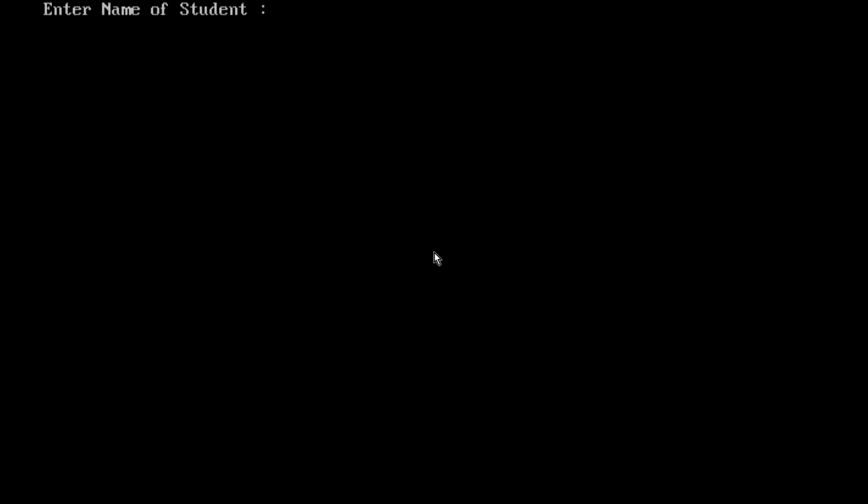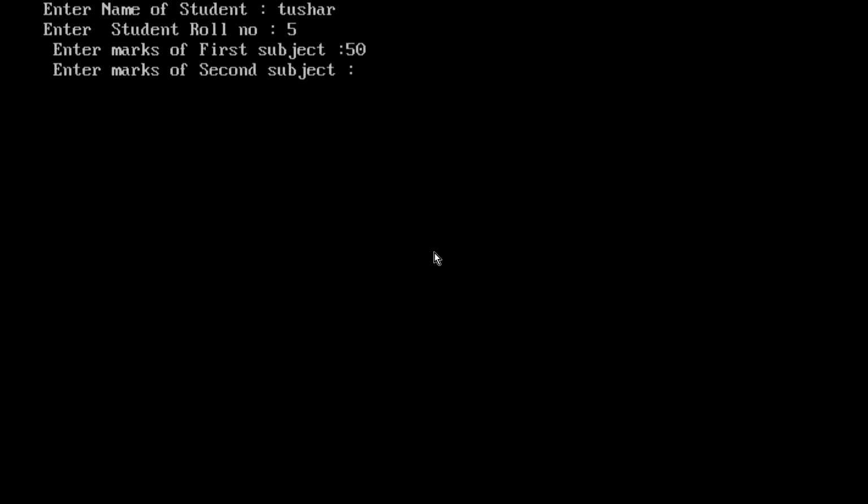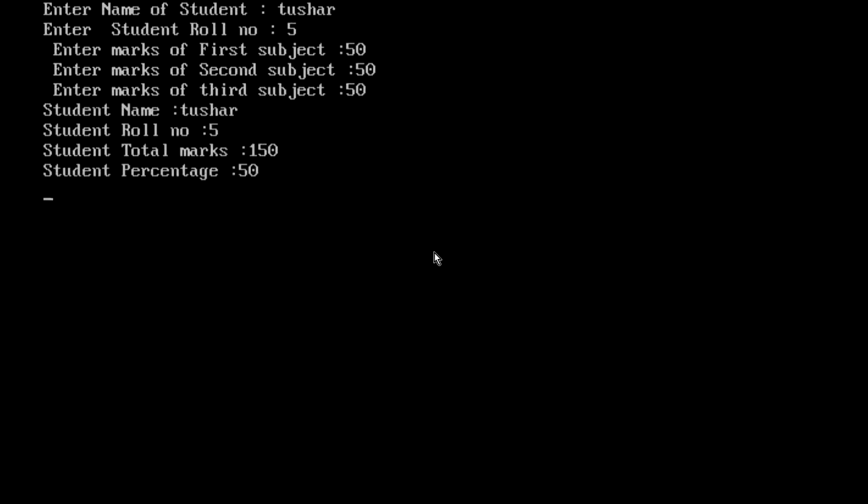Enter name of student: Tushar, roll number 5, enter marks of first subject 50, second subject 50, third subject 50. So this displays the data: student name Tushar, student roll number 50, student total marks 150 and student percentage 50.